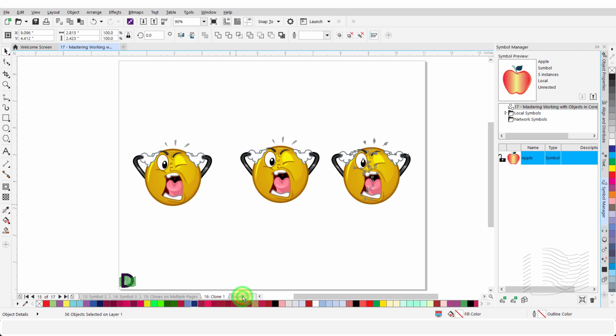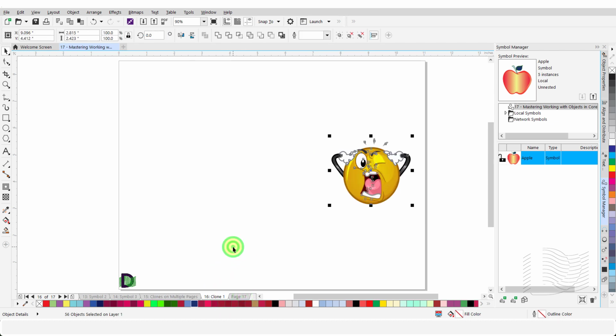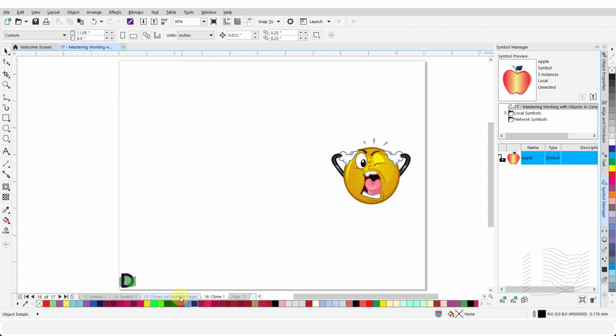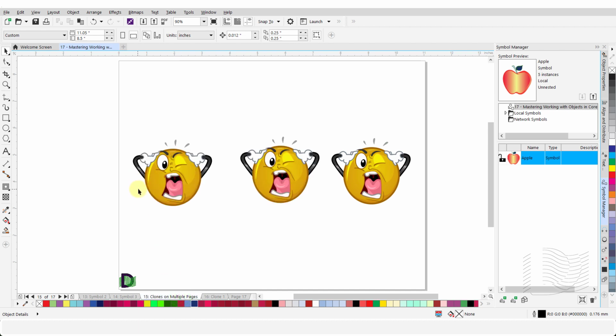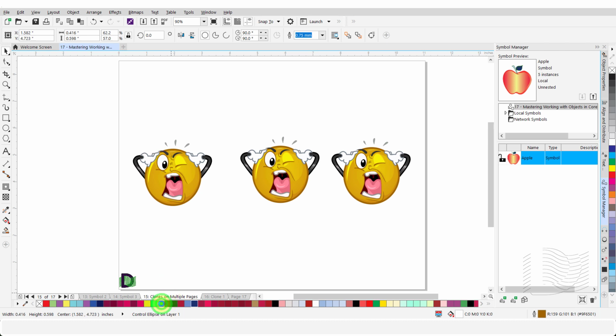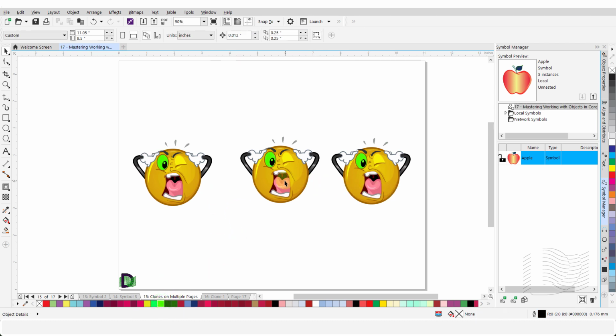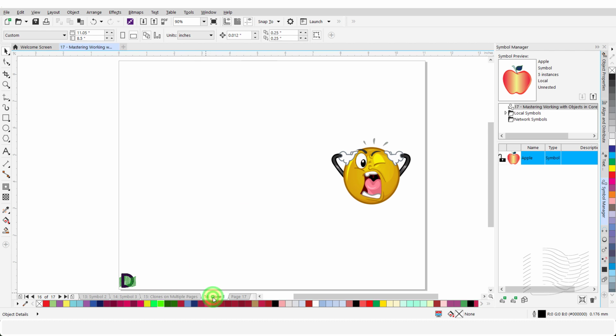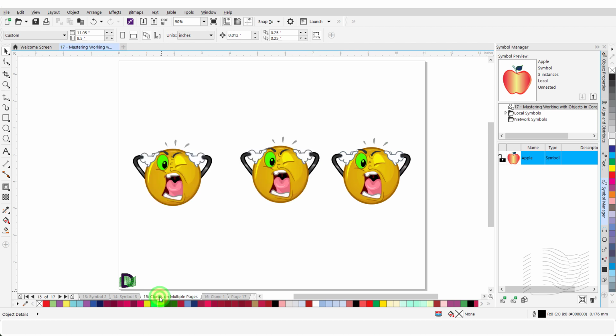Switch to a different page and paste it here. Now I will go back to the original object and edit it. I will select the OpenEye and change its color. As expected, all the clones on this page change accordingly. But the copied and pasted clone on the other page remains unchanged. However, there is a way around this.